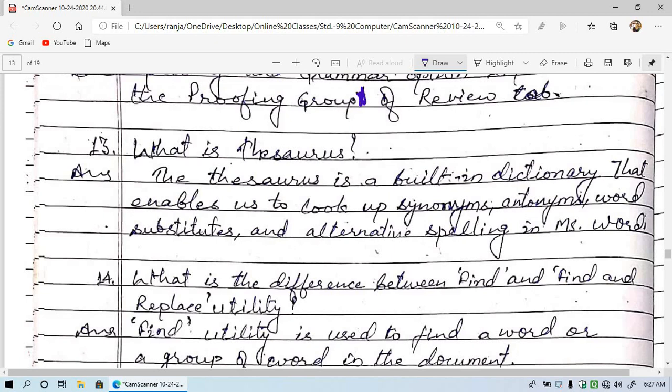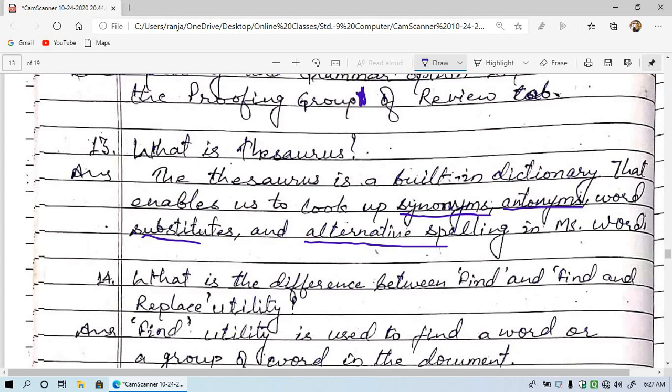Thesaurus gives us the way of finding synonymous meaning, antonyms meaning and word substitutes, meaning the same word that can be used in place of the word that we have entered, and alternative spelling. There are some different types of spelling for the same word.